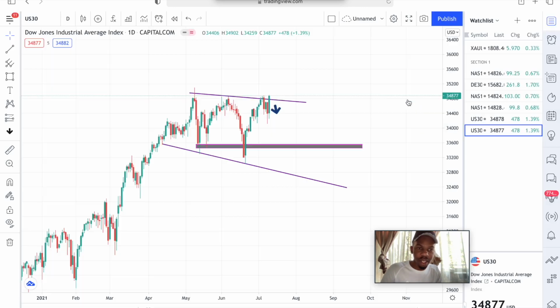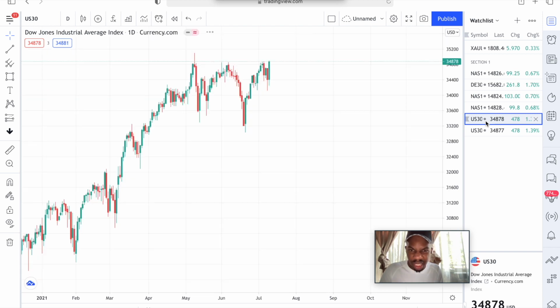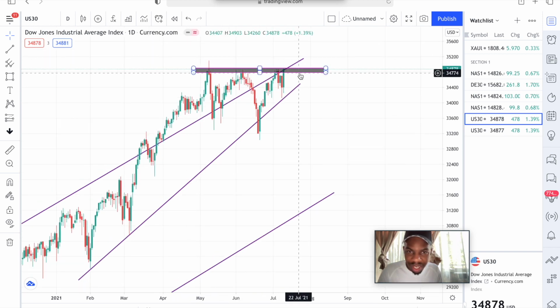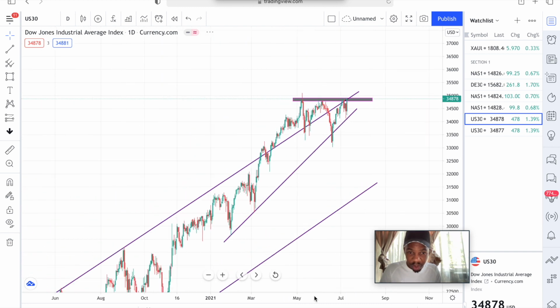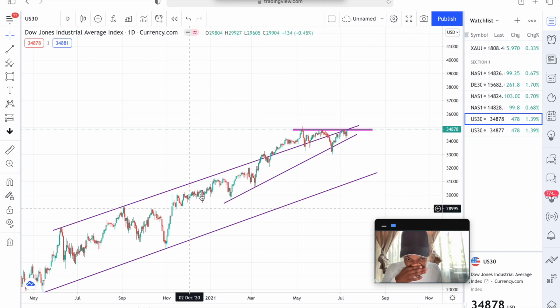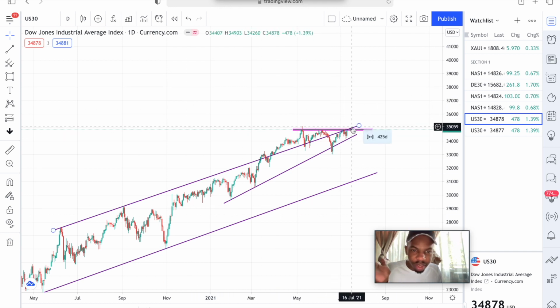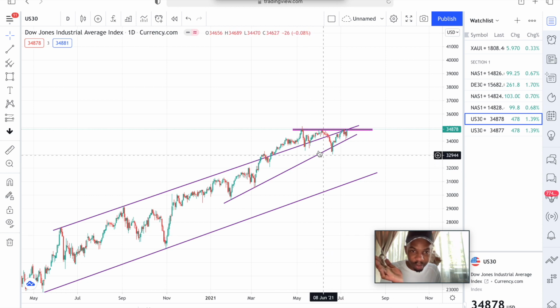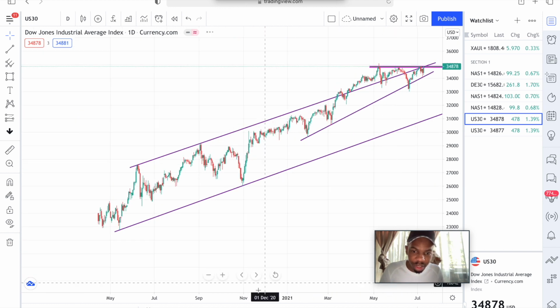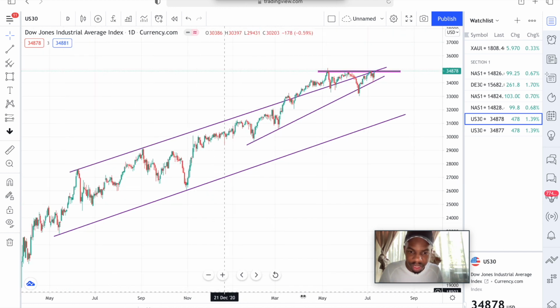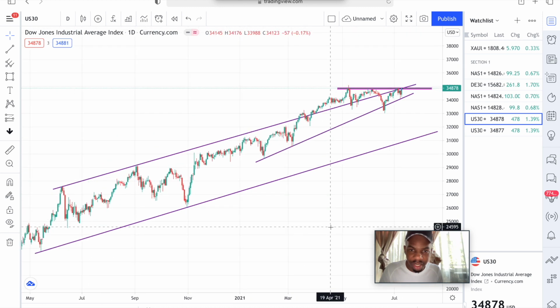But if we're looking at it from the previous analysis, remember, I still told you, because we're at this high, we have to pay attention to what's going on. And also because we're at our trend line. If we break out now again, then the price is just going to keep going, because basically we've been testing this level for the longest time ever, you see. So in terms of US30, I won't say I'm really sold on the direction of where the price is going to go now, because anything is still possible. It's still possible that the price must still reject. You understand? The price might still reject